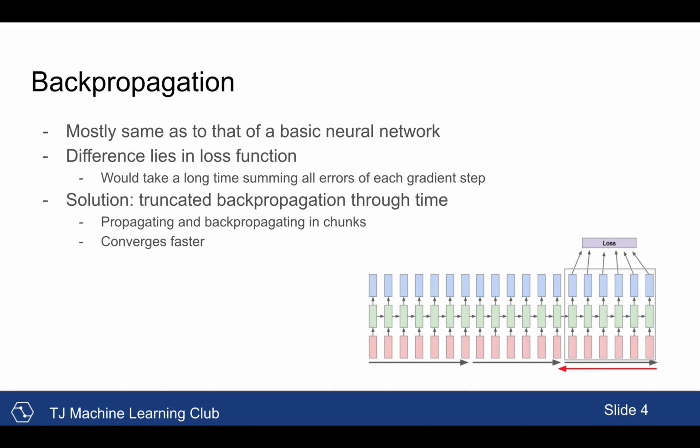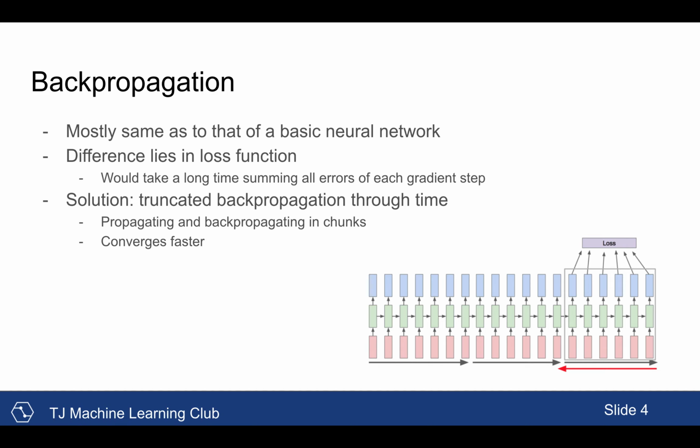Overall, backpropagation in an RNN is similar to that of a regular neural network, using the chain rule as it takes a step back in time. However, one issue that arises comes from the loss function. Normally, to calculate the loss, we would have to propagate through the entire RNN and sum all of the errors for every single gradient step. As you could imagine, for a really long RNN, this can take a long time, which leads to our solution,